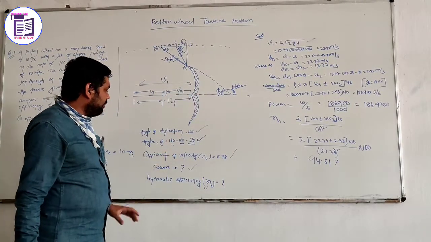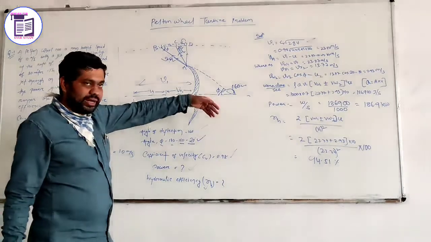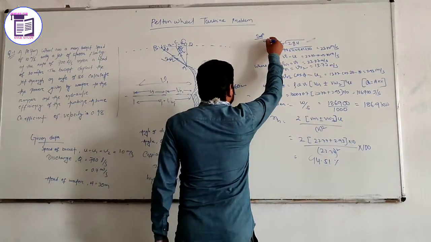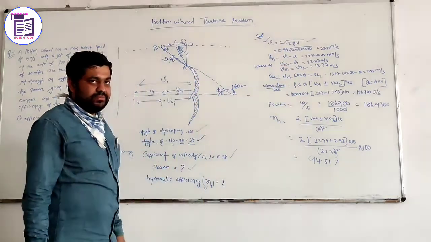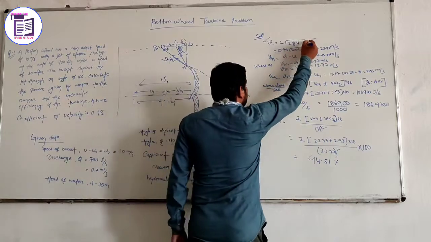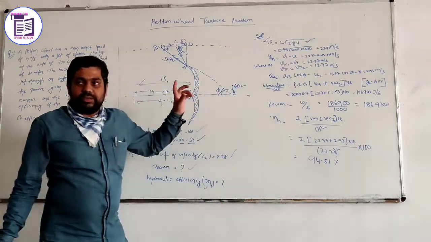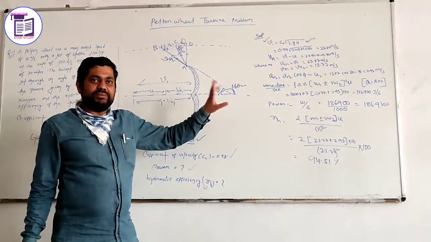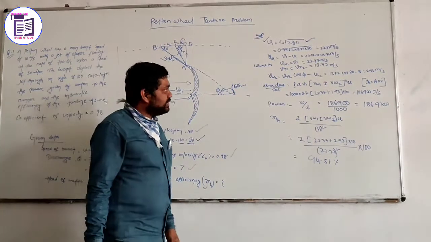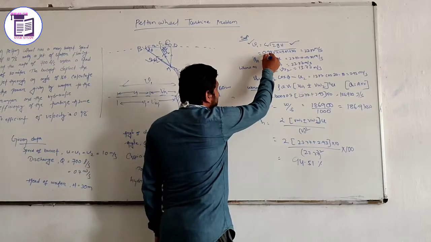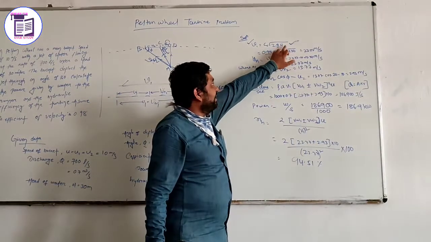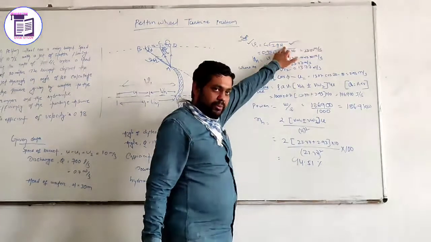Now we can find the value of your power and efficiency. First of all, we find the solution here. You have to find the inlet velocity. The inlet velocity formula is V1 equal to Cv root over 2gH, whereas Cv is given as 0.98, g is the gravitational acceleration, and H is the head, which is given in your problem.